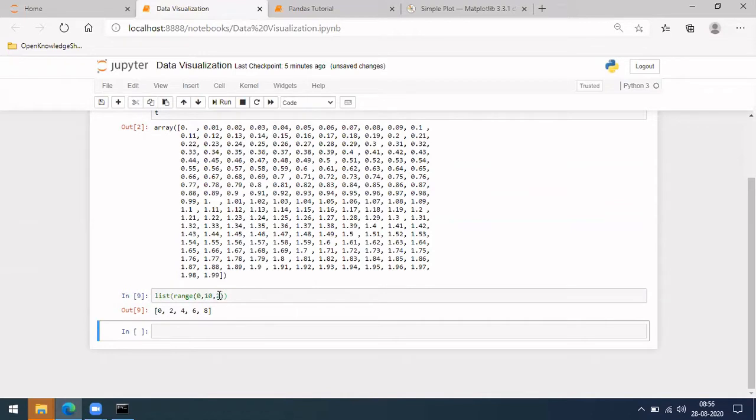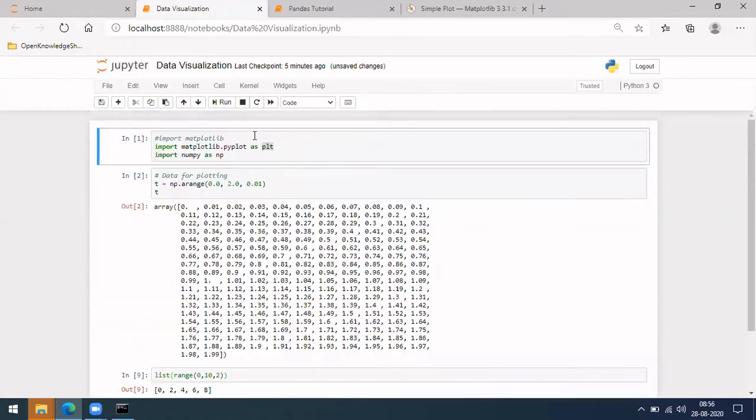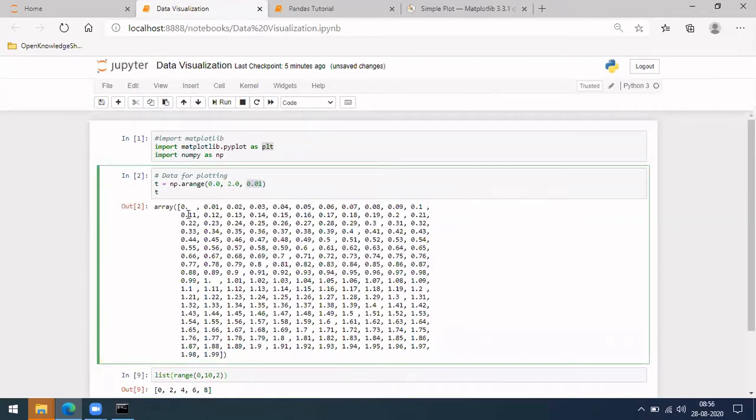Similarly, here from 0 till 2 with a step size of 0.01. So it is increasing by 0.01 every time till here.